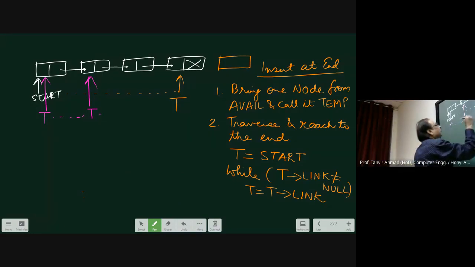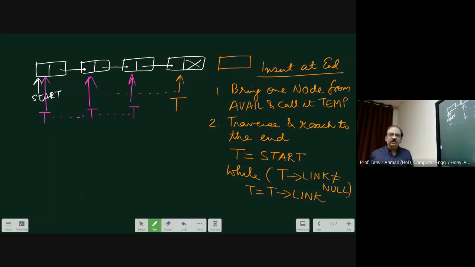Now t will move from here to here. Now again it will check while t of link is not equal to null. It's true, and therefore now t will move from here to here. Once it reaches that place, while t of link is not equal to null will become false, and therefore now you are ready to insert that node.